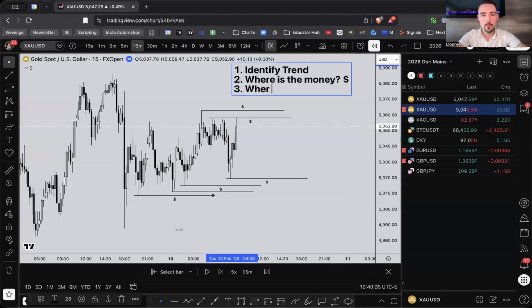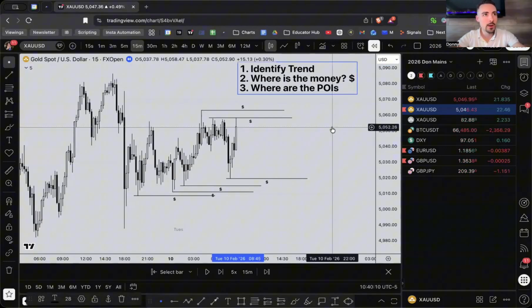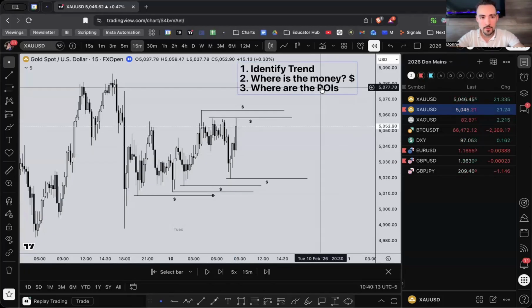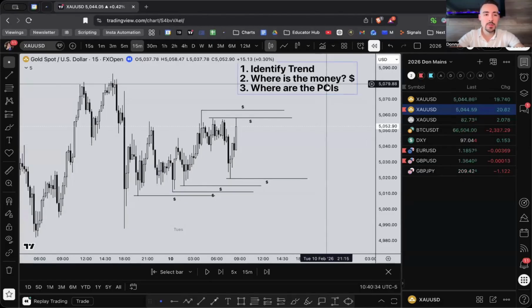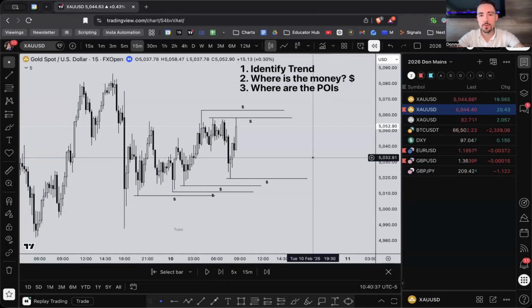Number 3, where are the POIs? Okay, what is a POI, Donnie? Well, a POI is a point of interest. These are things that I teach in some of my bootcamp content that you guys will have access to when the Smart Money 2.0 bootcamp comes out. A point of interest is an order block. A point of interest is a fair value gap on a higher time frame. A point of interest is something that you can identify and acknowledge as an area where price is likely to